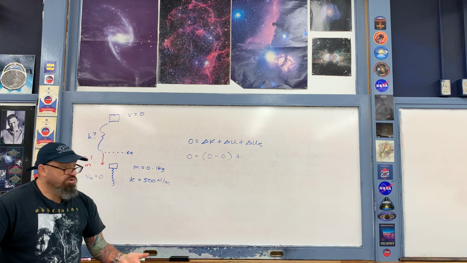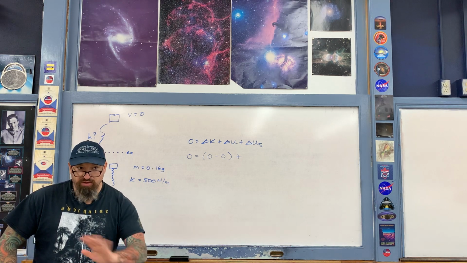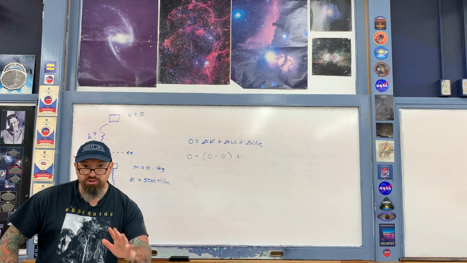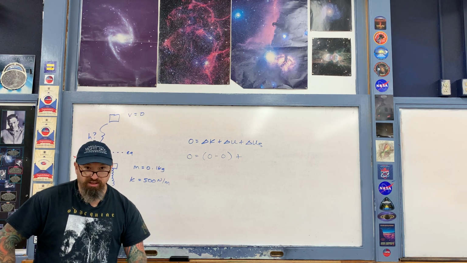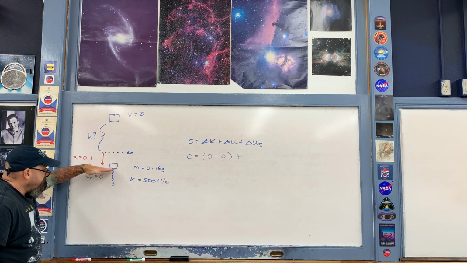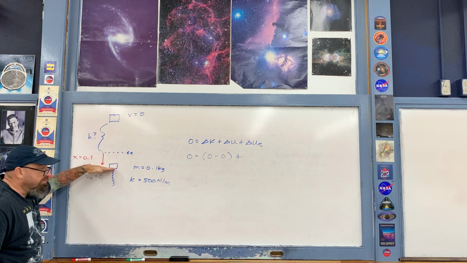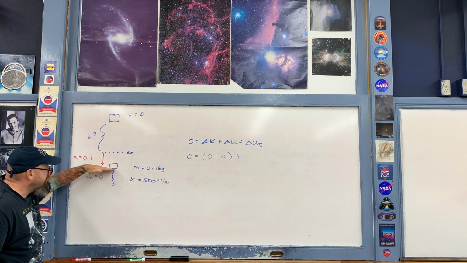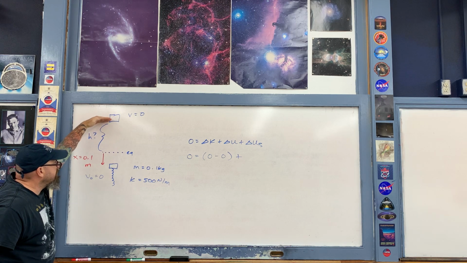And now we have the change in gravitational potential energy. Gravity has nothing to do with springs, so just ignore the spring completely and think of it like this. In terms of gravity, think of this right here as height 0. Therefore, the initial gravitational potential energy is 0, and the final value up here is mg